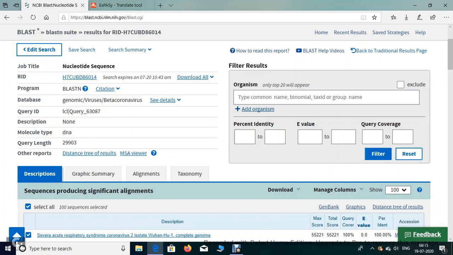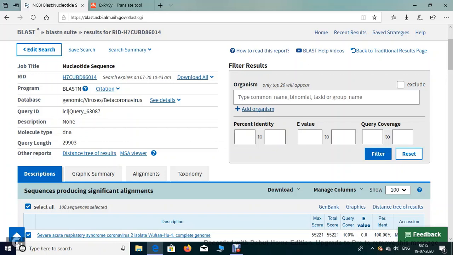In this video you learned how to retrieve not only the coronavirus gene sequence, but the gene sequence of any animal, plant, virus or bacteria from the NCBI database. After that, using the ExPASy tool you can translate the genomic sequence, DNA or RNA sequence, into an amino acid sequence, and many other databases are also available through NCBI.